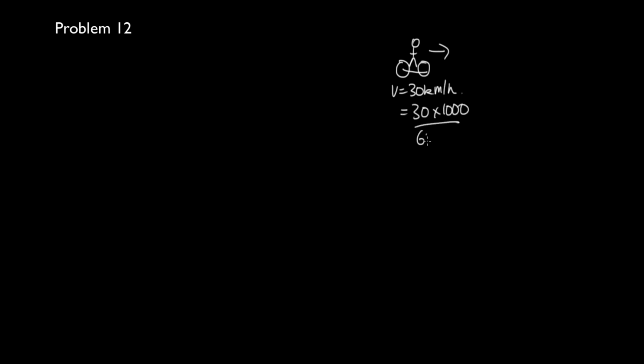Problem 12. This problem says that you are cycling along the road at 30 kilometers per hour. So here's you cycling along. Your velocity is equal to 30 kilometers per hour, which is equal to 30 times 1,000 over 60 times 60, which is equal to 8.33 meters per second. When an ambulance comes up behind you with its sirens blazing, so here's the ambulance behind you,